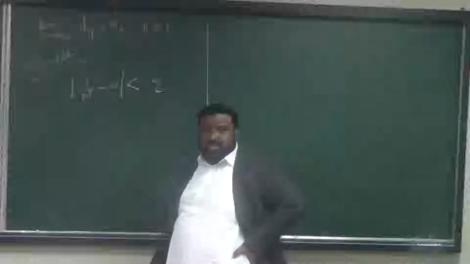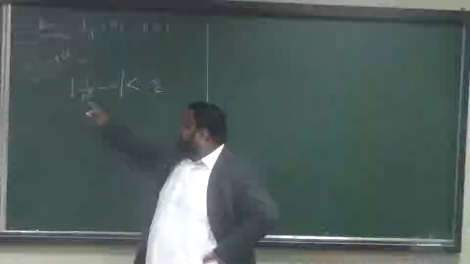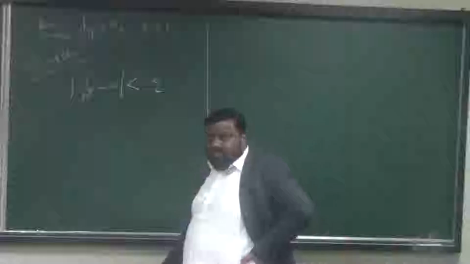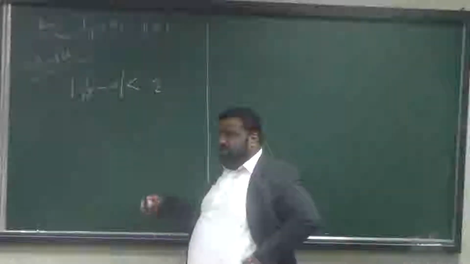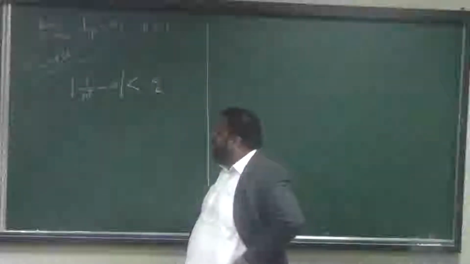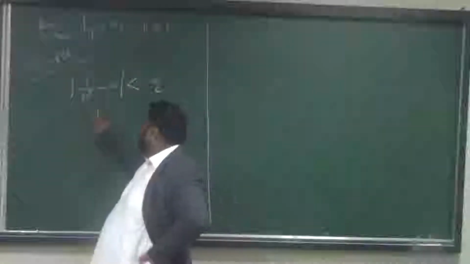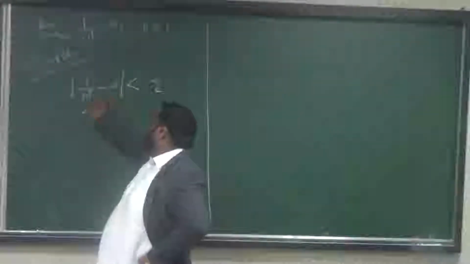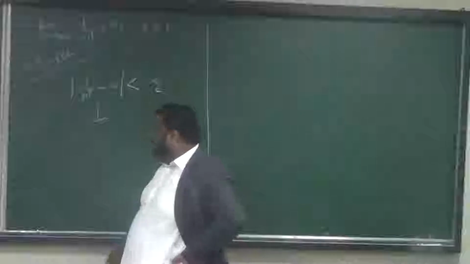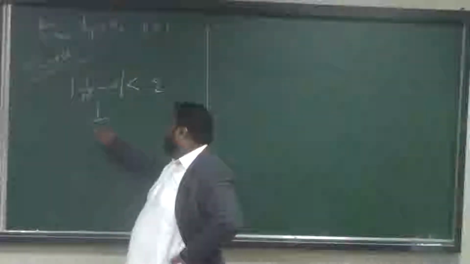The question is, what barrier should this n cross? What should be the capital N, like playing the epsilon-N game? What should be the instant after which the difference is going to be smaller than epsilon? Exactly. So in order to do that, you just need to solve the